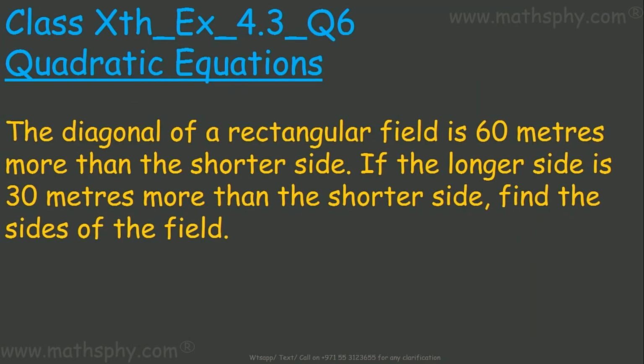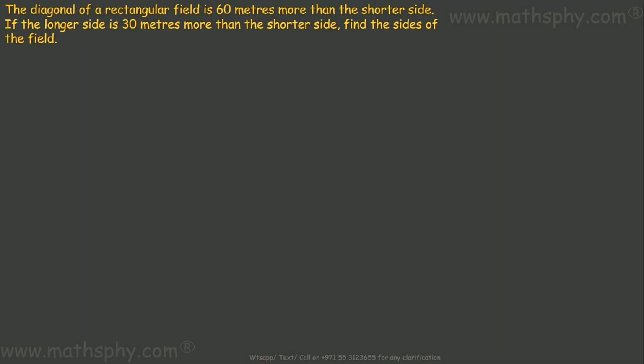This question here says the diagonal of a rectangular field is 60 meters more than the shorter side. If the longer side is 30 meters more than the shorter side, find the sides of the field. Look here. Suppose this is our rectangular field and this is the diagonal here. If suppose this is the shorter side,